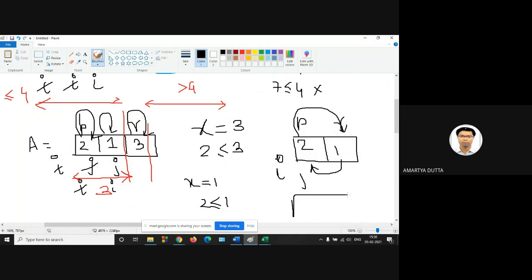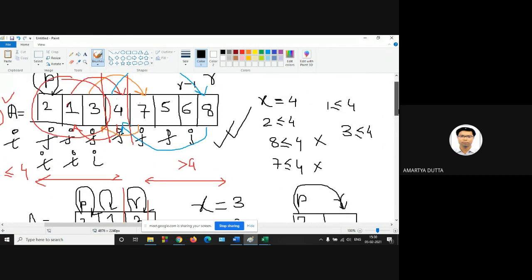So 1, 2, then 3. 1, 2, 3 is already sorted: 1, 2, 3, 4, 7, 5, 6, 8. Next, this is your task, to sort this 7, 5, 6, 8.